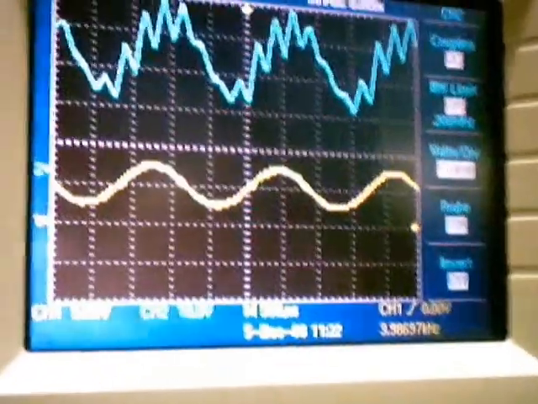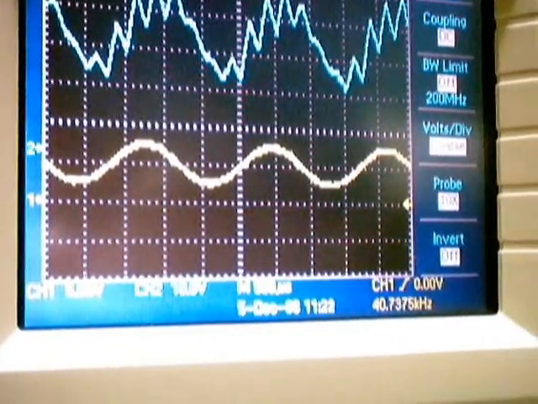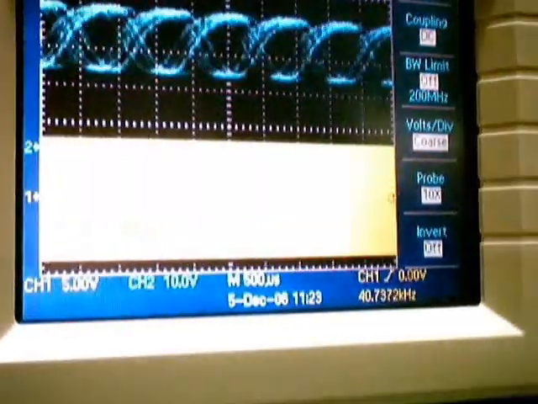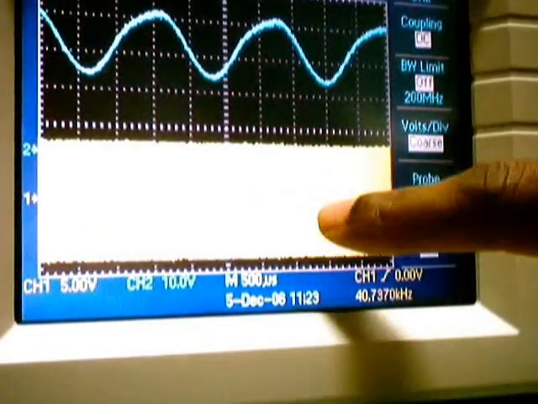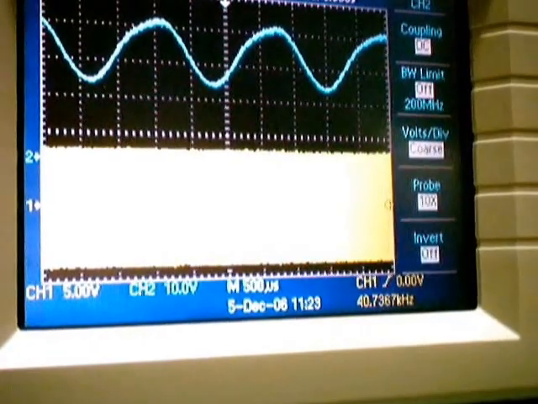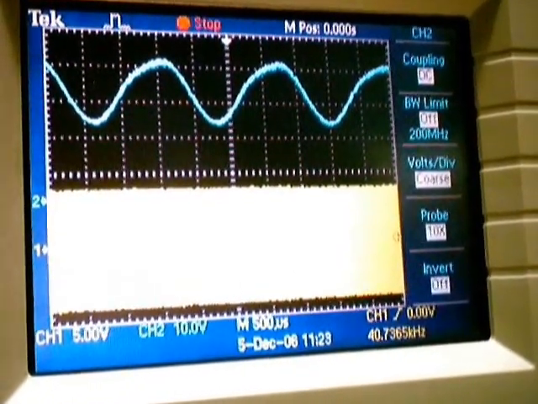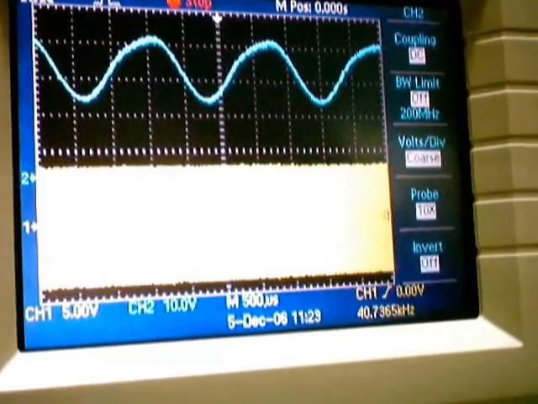Let me increase the carrier frequency from 3.9 kilohertz to 40 kilohertz. So this is not yet captured. Let me see now what happens. You can see, of course, this is the carrier signal. You can see now there is a lot of improvement in the demodulated waveform. Now why is there a lot of improvement? Now the ripple amplitude has been reduced. Why is the ripple amplitude reduced?